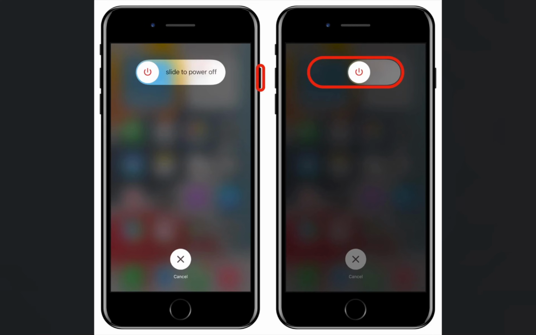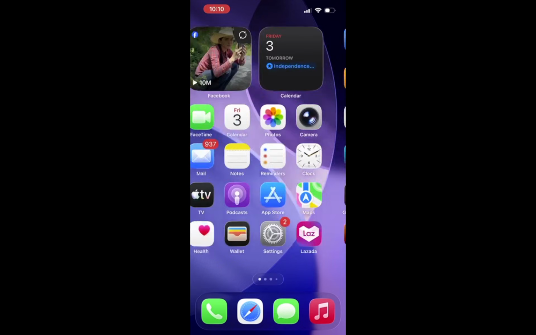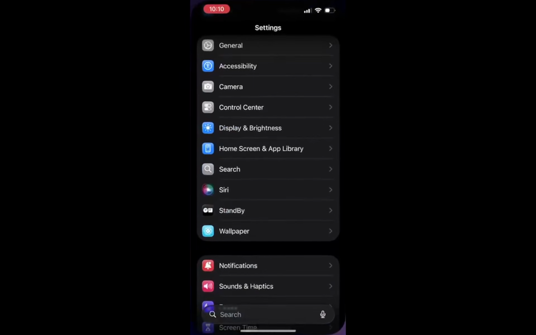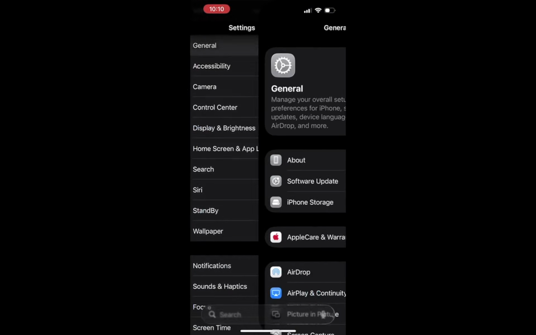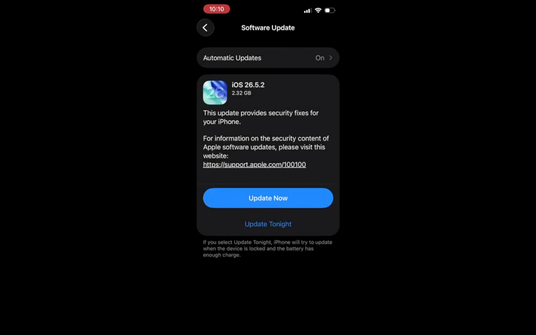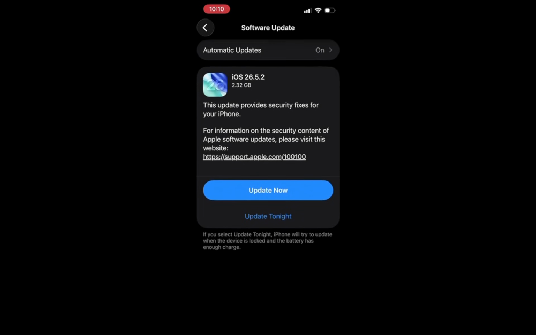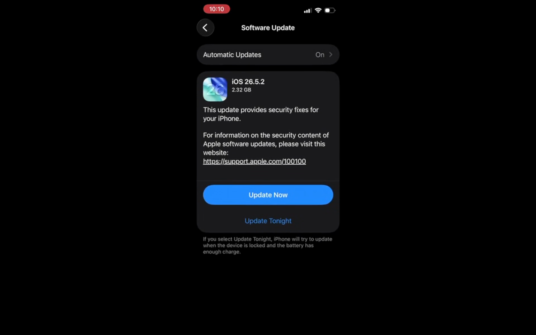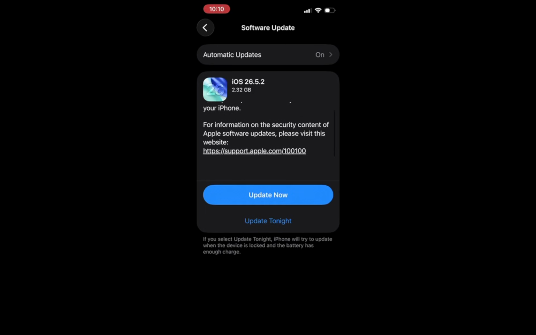After that, update your iPhone by going to Settings, then General, and selecting Software Update. Keeping your device updated is essential because updates often include important security fixes and enhancements. On your screen, you will see if your device is up to date or if an update is available. If an update is present, tap Download and Install. This ensures that your device complies with current security standards. Regular updates help prevent various issues, including TLS errors.